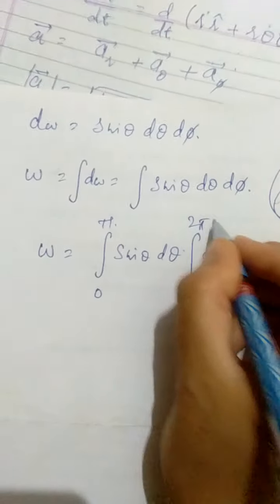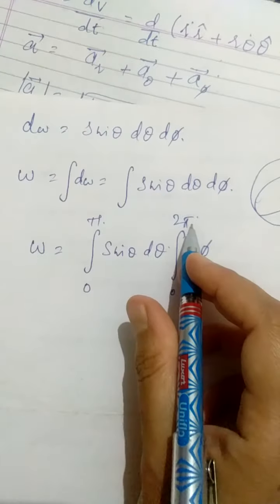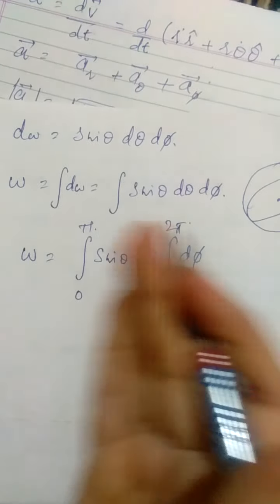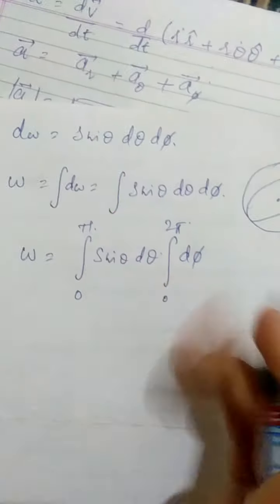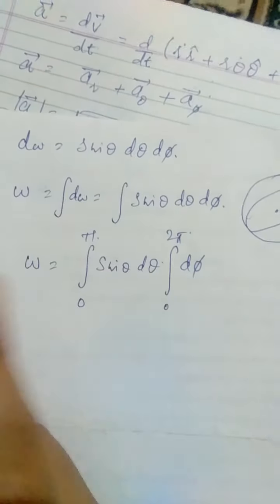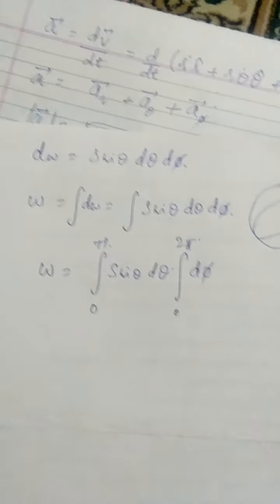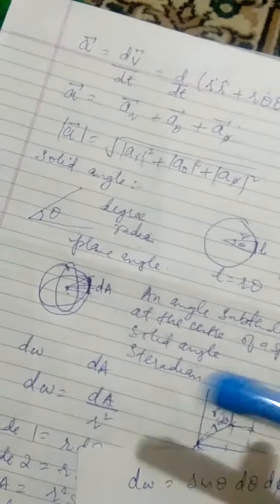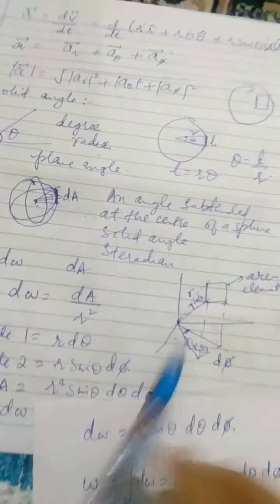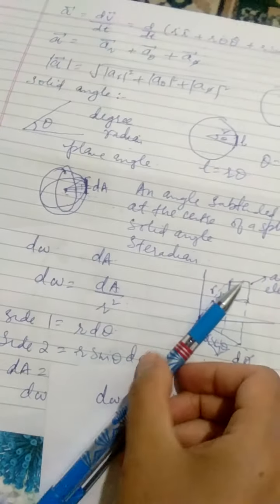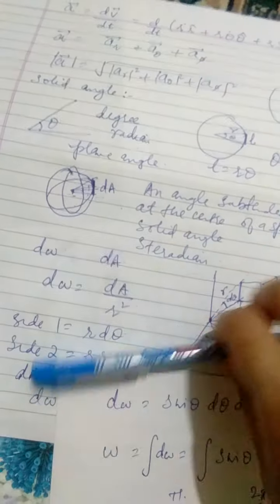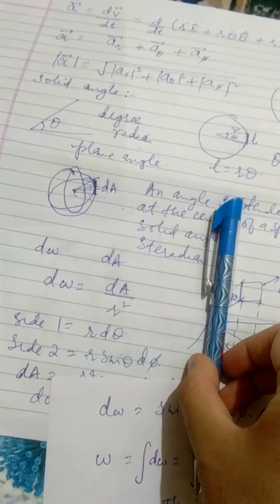In the previous lecture I have told you that phi runs from 0 to 2 pi because it is the angle between two planes, and we can fold two planes to 0 and then one full rotation, that is 2 pi, whereas theta is the angle which the radius vector makes with the z-axis. Either it can be 0 or it can be one full turn, and that is pi only, right?